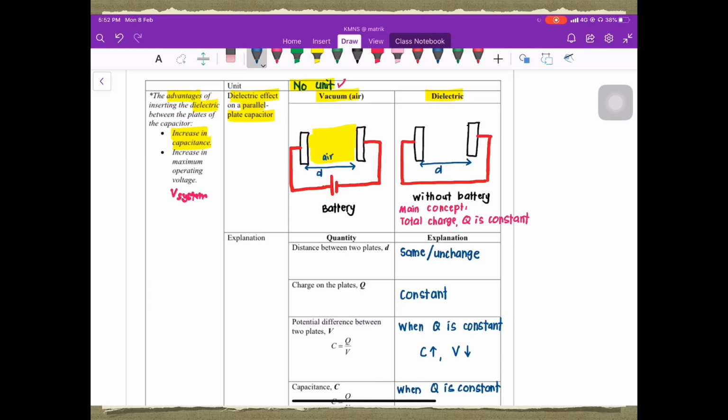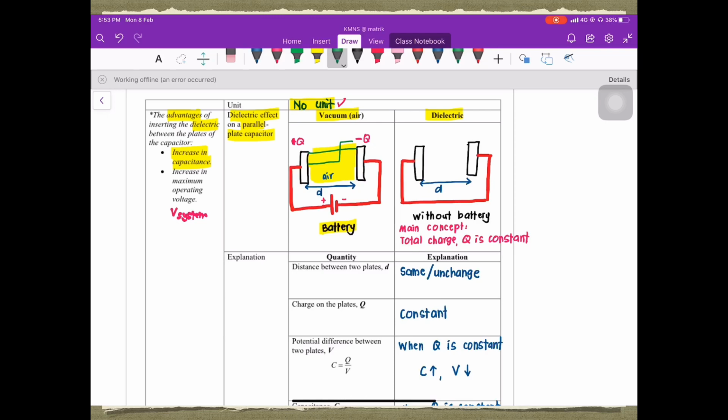Okay, what happened? This is the battery. So when the circuit is connected to the battery, what happens to the plates of the capacitor? This plate will accumulate, collect the charge. Positive here because of the positive terminal, negative here because of the negative terminal. Okay, now what happened with this positive plate and this negative plate? It will produce